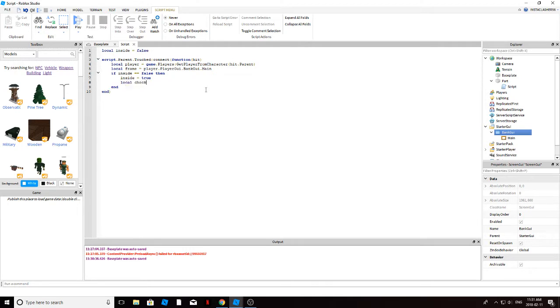Now we're going to do a check for if it was a human that touched it. So local check equals hit.Parent:FindFirstChild, and in these quotes you can type in Humanoid. Okay, so if check is not nil, then